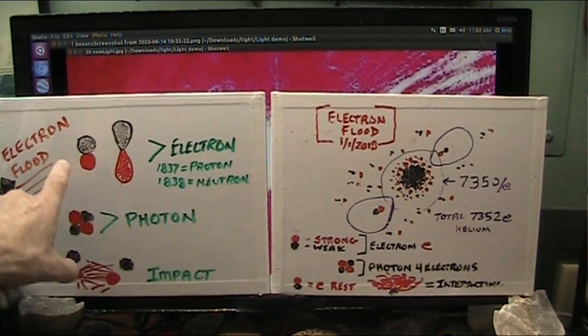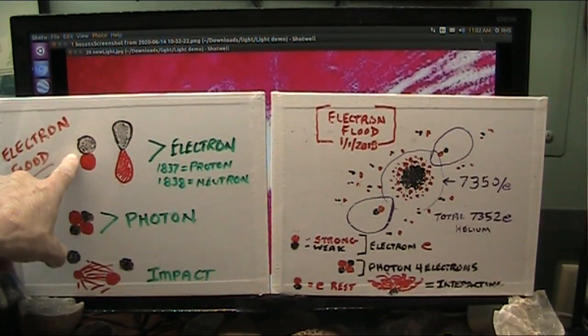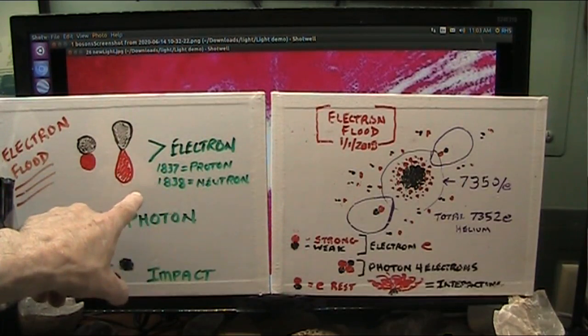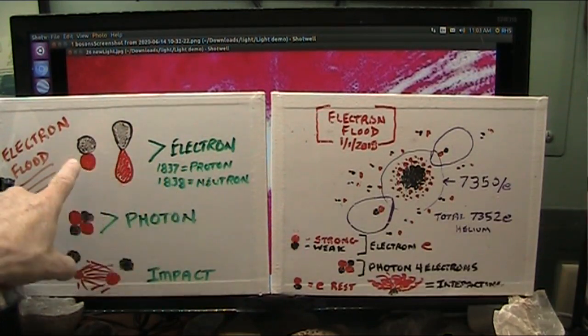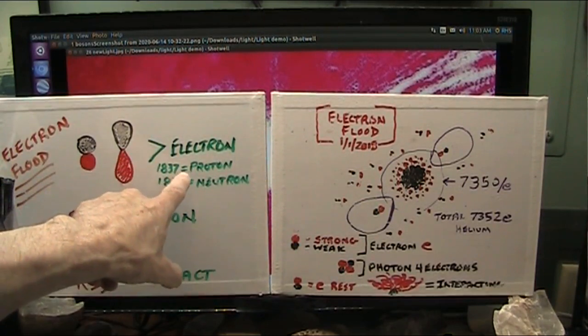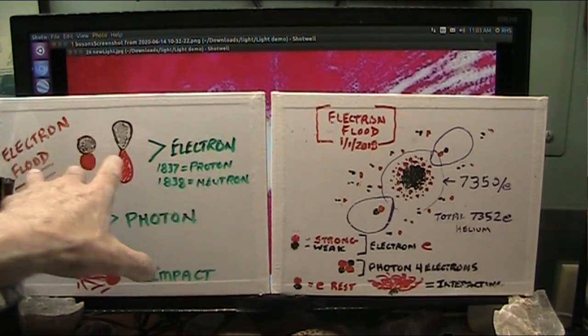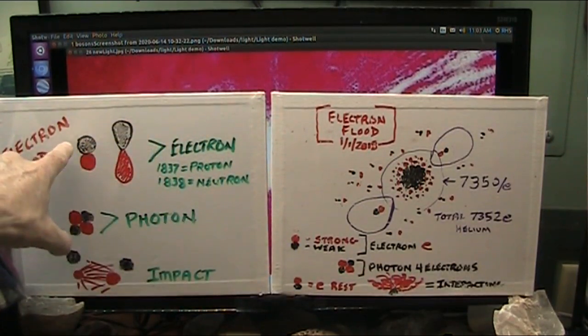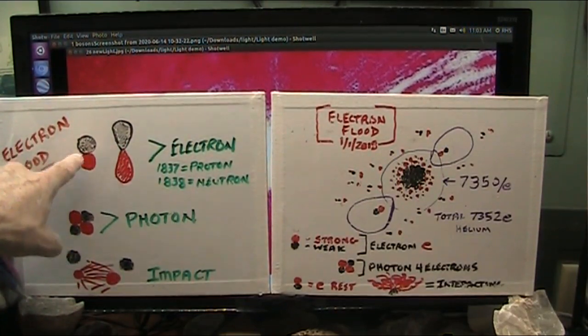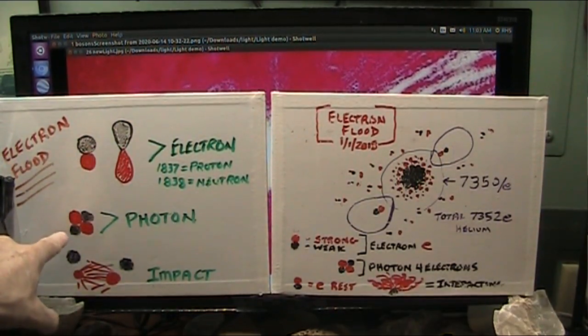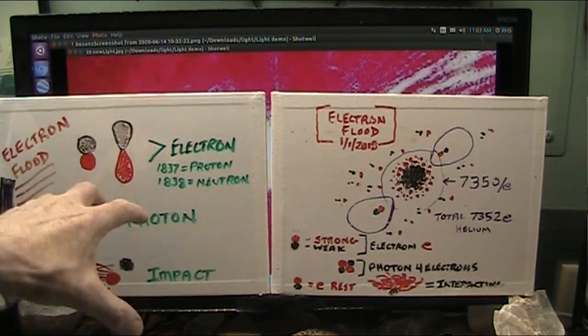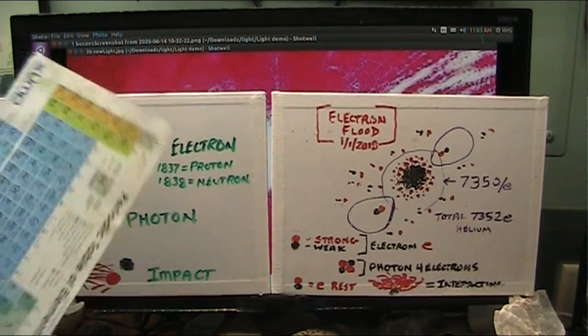And there is nothing that exists that is not made of electrons. That means if they say there's protons and neutrons, fine. They're constructed of electrons. There's 1,837 electrons in a proton, so 1,837 of those makes a proton, which is an uneven number. 1,838 of them make a neutron, which is a neutral number. It's just as much of the weak force as there is of the strong force. These will glue together just like this. They will glue together and make photons. Then they will glue together and make atoms, which are these.